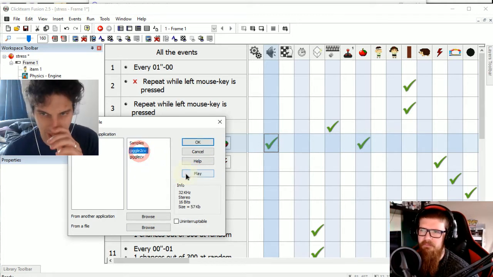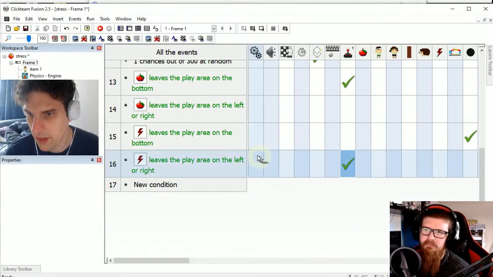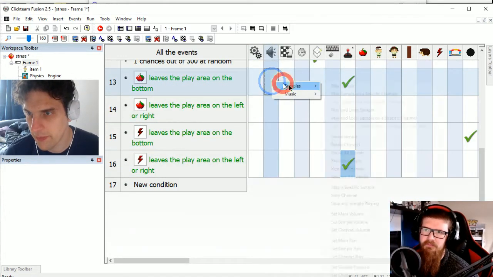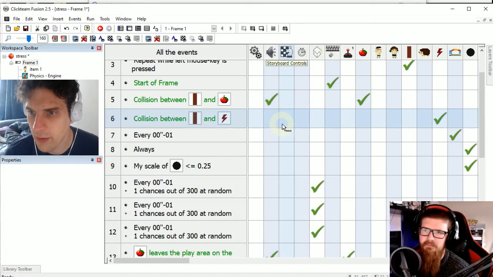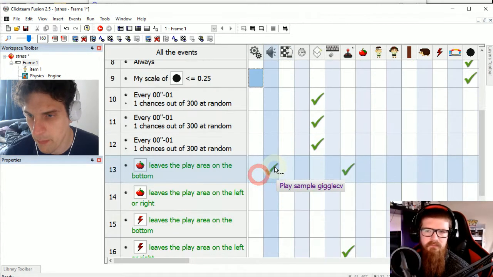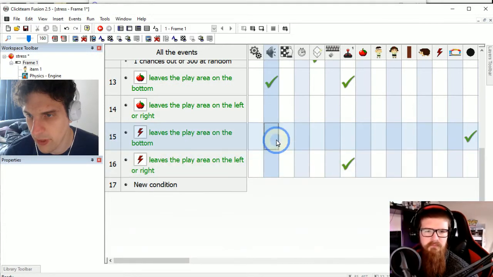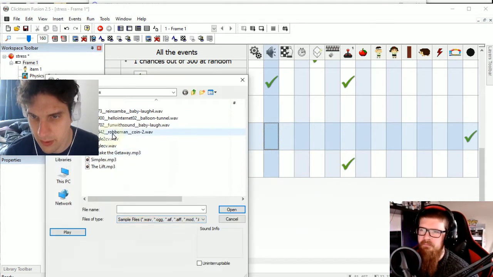Okay, so we'll have this noise when you hit them, and then when they go in the right place, so when they go back on the trampoline, we'll have the other one. Great. And when you hit something that's bad, we won't have any sound there, but we will have, when it goes down on the bottom, a bad sound. So we've got, what other sounds we got?